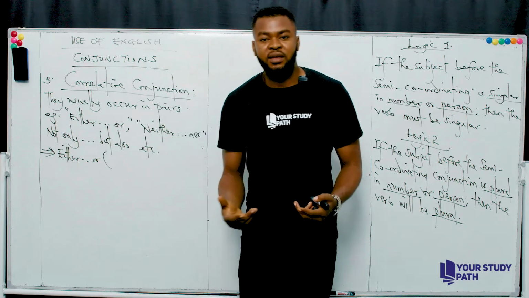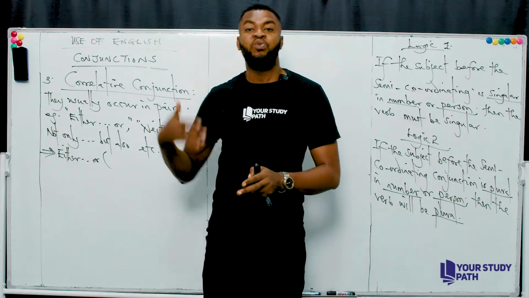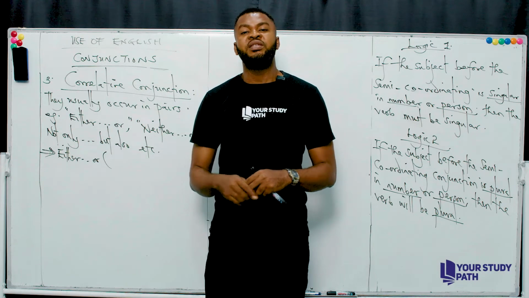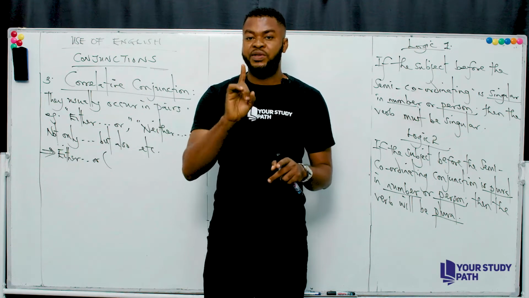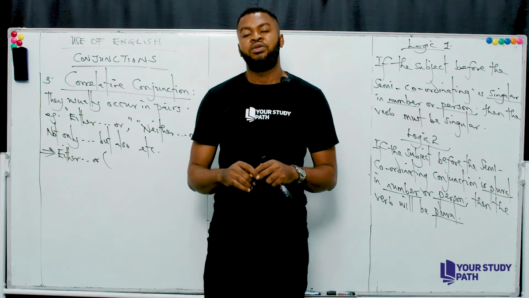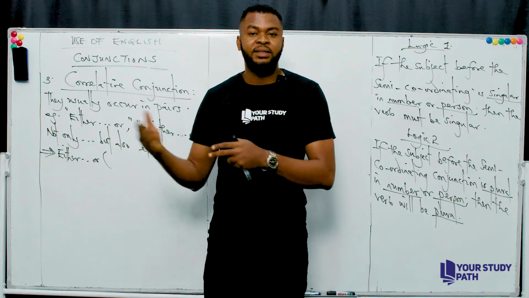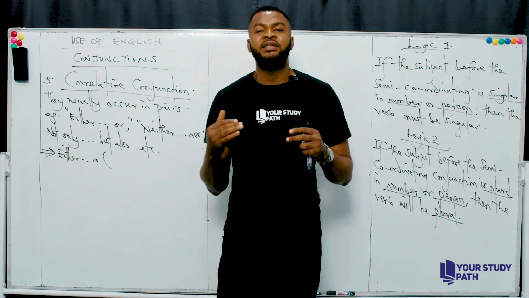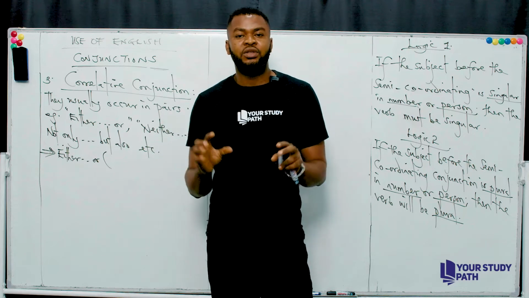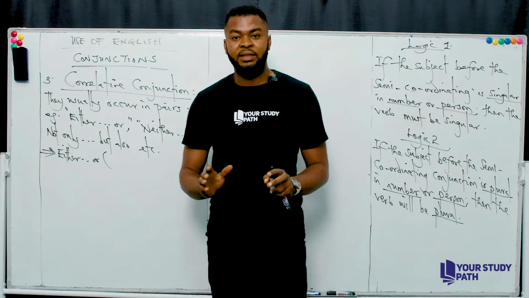You're trying to say that if not Chioma, then Bumi will attend the party, which means that both of them cannot attend the party. It will certainly be one person who would attend the party. Two of them cannot attend the party. It would always be one person that would attend the party. So anytime you're to use either or, ensure that you're making reference to just one thing out of two. Is that taken? Now,